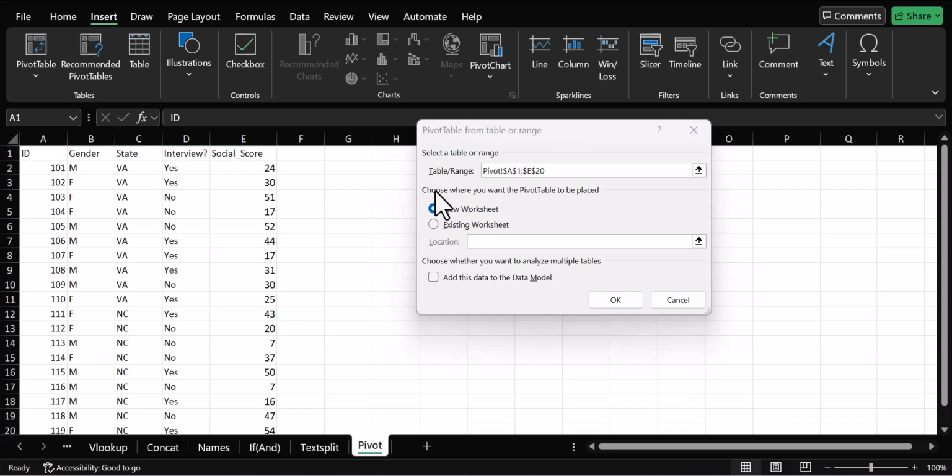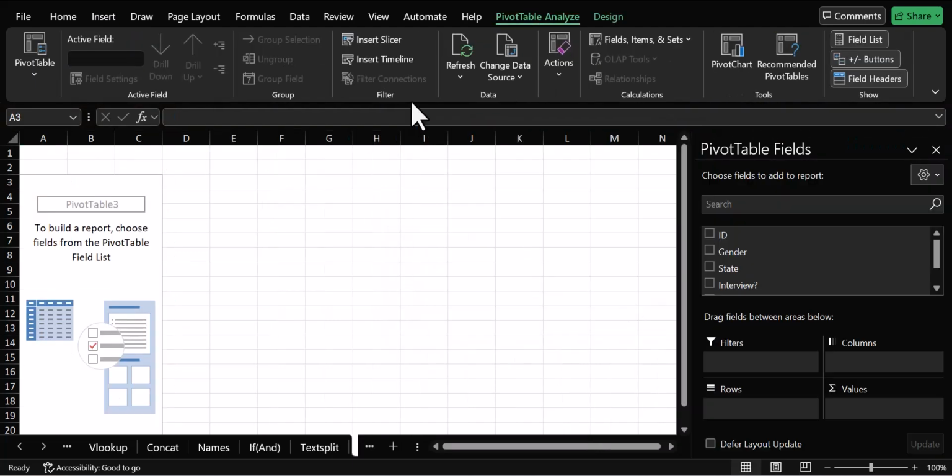I'm going to go ahead and choose to keep this as a new worksheet, and then we're going to click OK. So you can see that it gave us a new worksheet, and this is where our pivot table is going to go. And so we need to select what we want to group on. And that depends on what type of question you're asking. So let's say we wanted to ask,